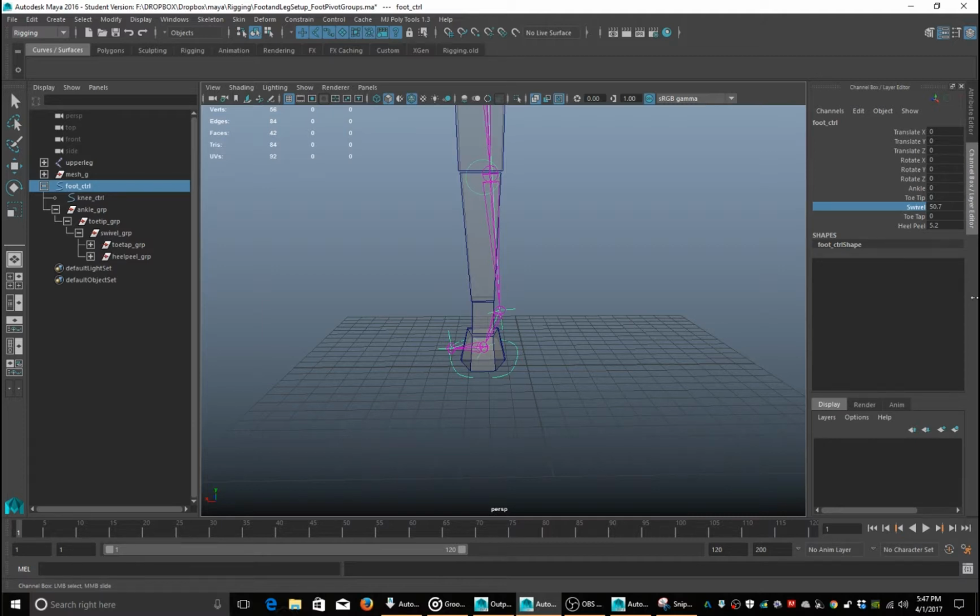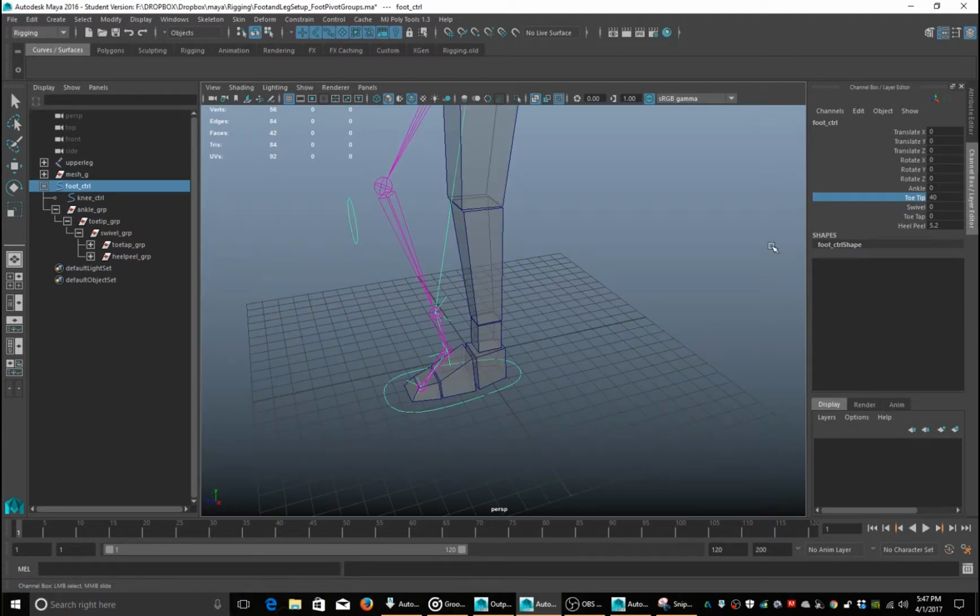That's because we set it at a 0 and then only positive float value, not negative. So probably wouldn't need a negative value for that one because, yeah, tipping the toe,